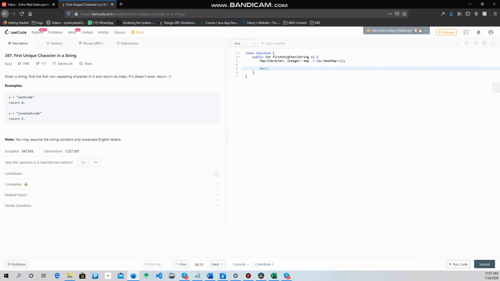And for every character in the string, i is less than s.length, i plus plus, we want to put this into our map, s.charAt(i),